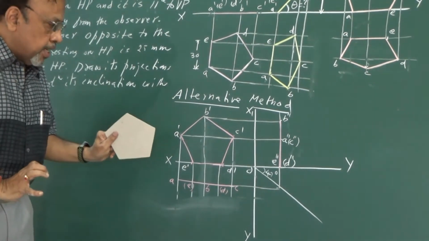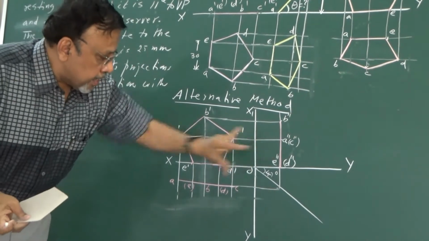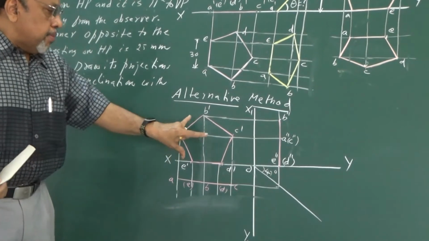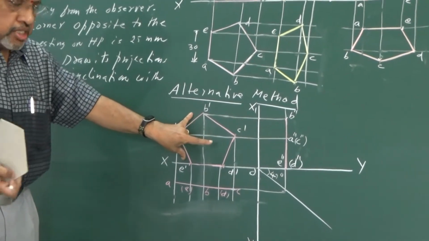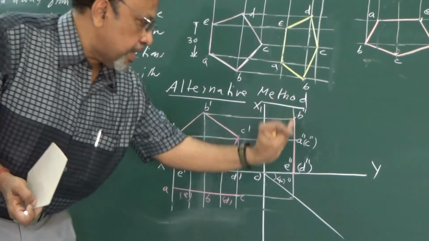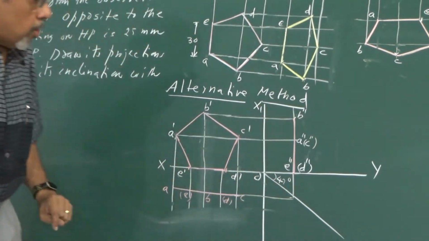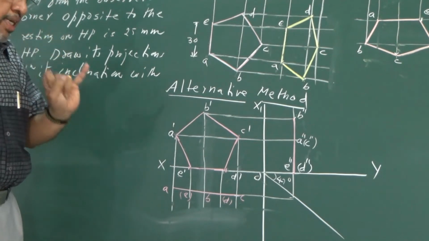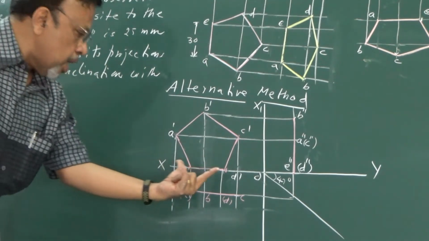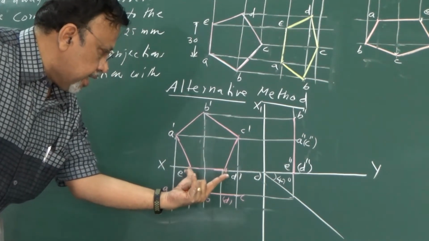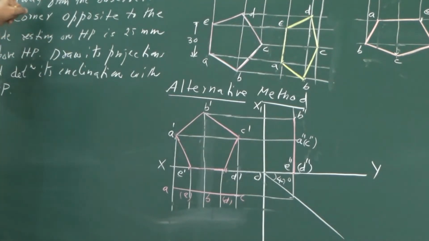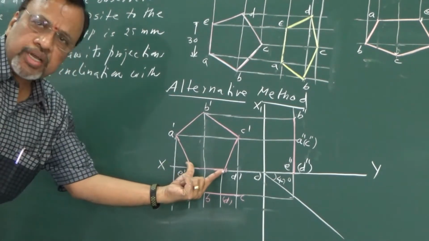Now as you can see, in stage 1 I have started from the side view such that the lamina is parallel to VP. Since it is parallel to VP, it is perpendicular to both HP as well as PP in the side view. Now I need to satisfy some conditions. One condition I have already satisfied is that this particular side, in this case ED, will be on the XY line. I wanted one of the sides to be resting on HP. That I have taken care of.